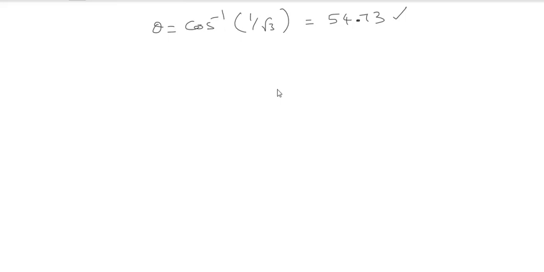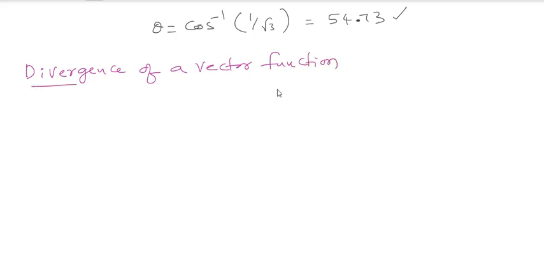Next take the divergence of a vector function. Then the other one will be curl, that you will do later. This divergence and curl will be applicable for a vector function, and gradient will be applicable for a scalar function. That is the reason why I defined the gradient of a scalar function. So let me take the definition for this.